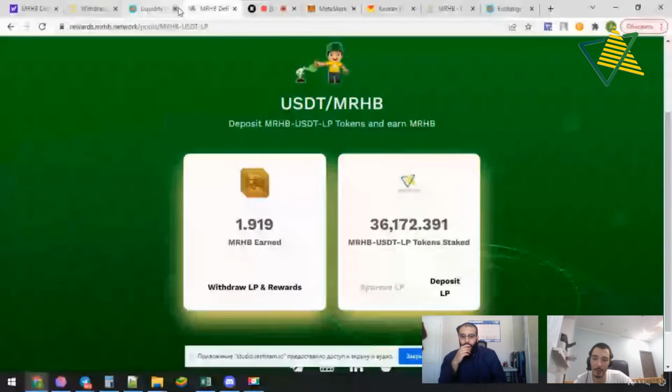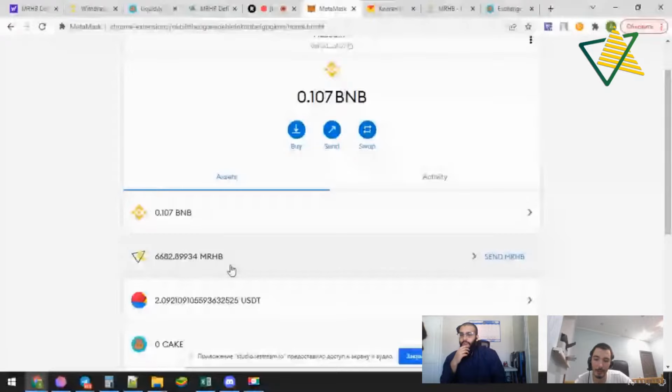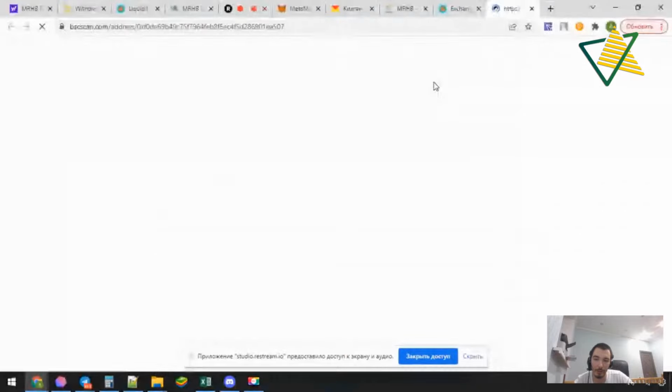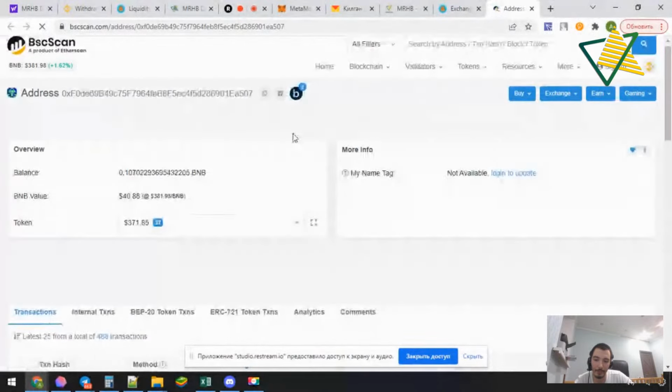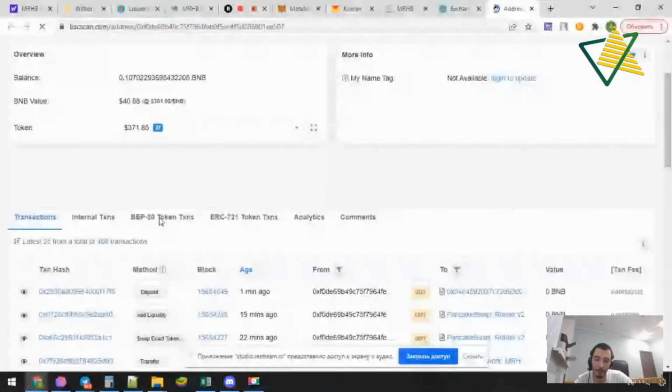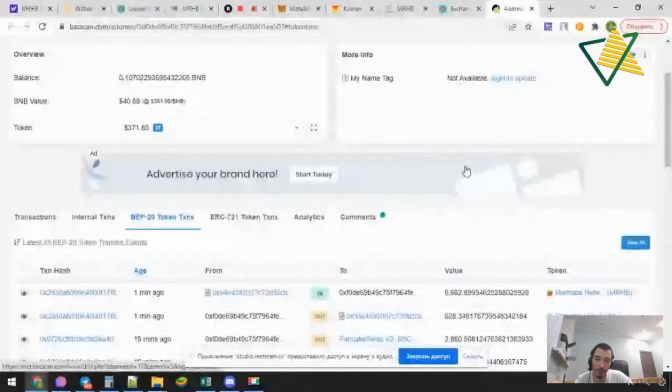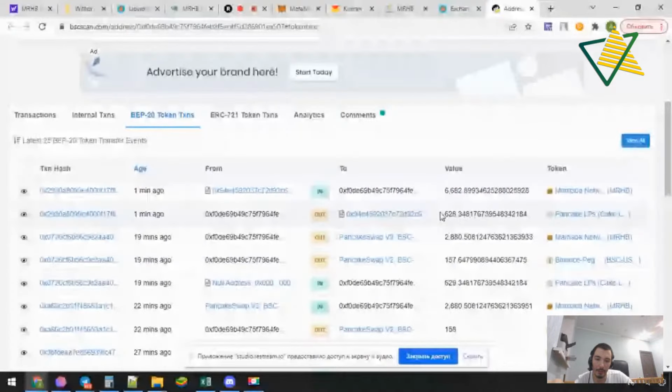Okay, so you see they are in my wallet now. And if we check in our blockchain, I will show you now the operation. So here you see I sent 628 Pancake LP tokens to the smart contract.